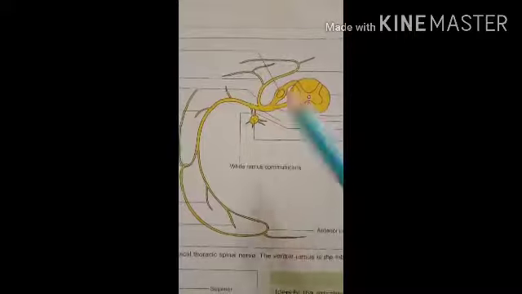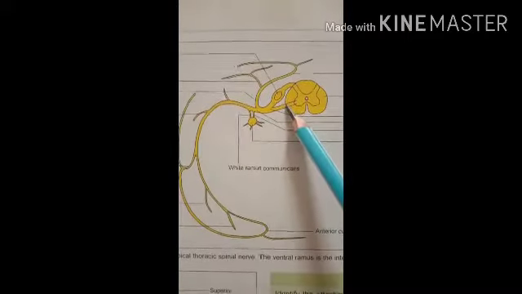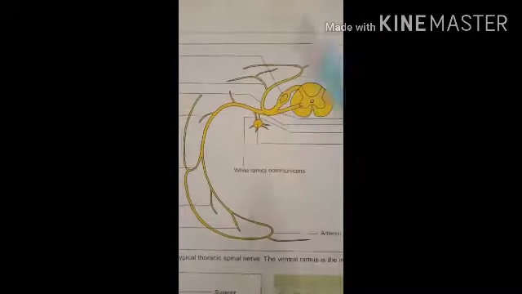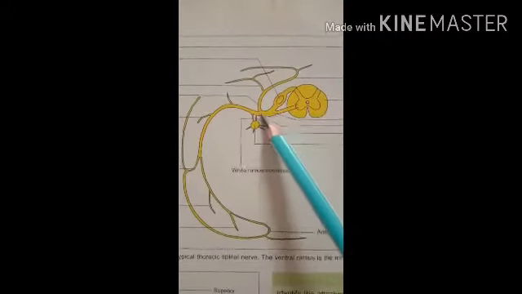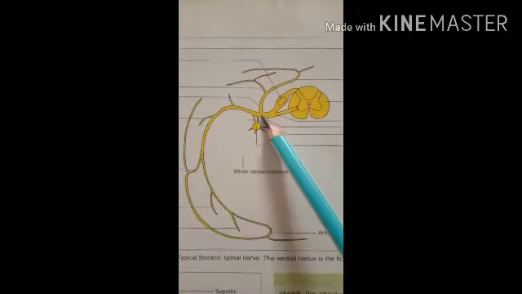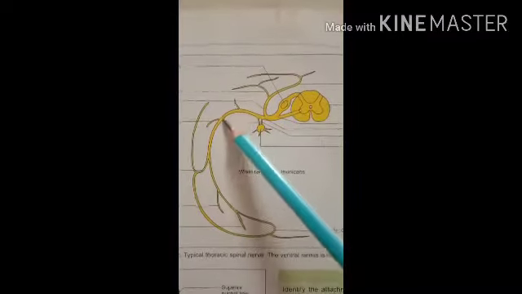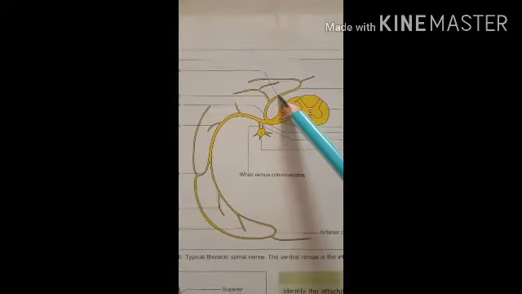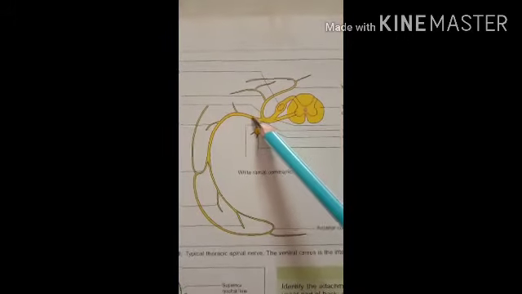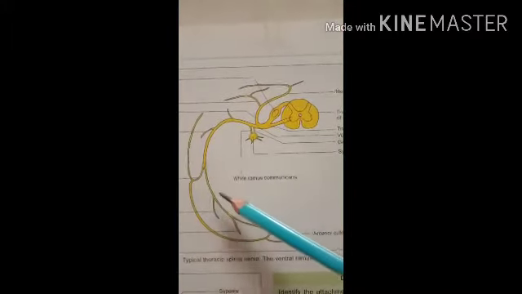Here in this diagram you can see the ventral root, which is motor, and the dorsal root, which is sensory, and they form the mixed spinal nerve. As it leaves the intervertebral foramen, it divides into the dorsal ramus and the ventral ramus. The dorsal ramus supplies the posterior part of the body, and the ventral ramus supplies the lateral and anterior part of the body, and forms the network of plexuses in the cervical, lumbar and sacral regions.